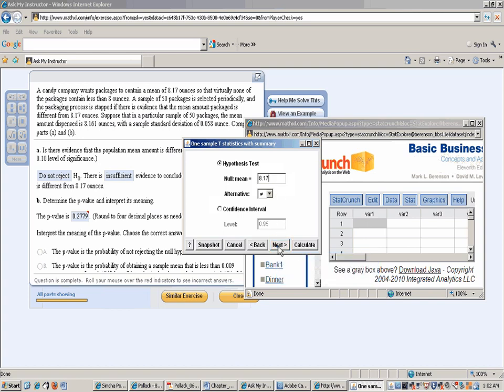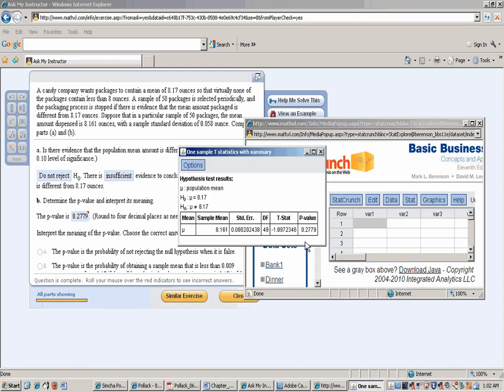And we don't want a confidence interval. We want the p-value. So you go to next and calculate, and the p-value is .2779, which of course matches up with the answer, .2779,